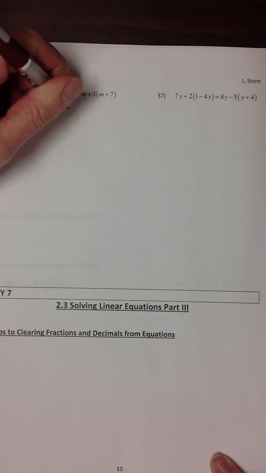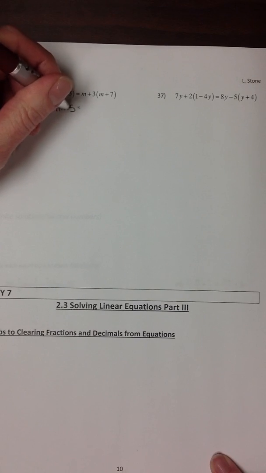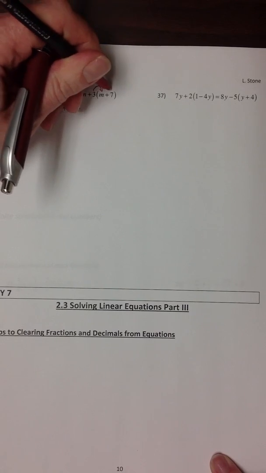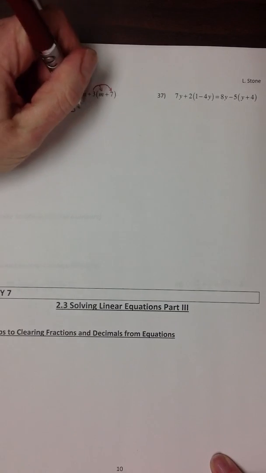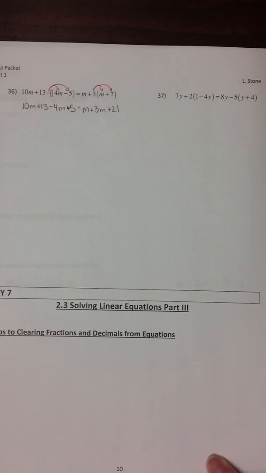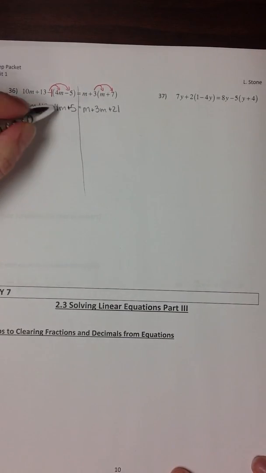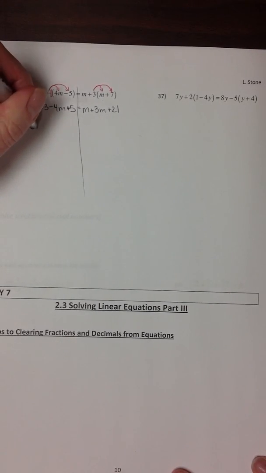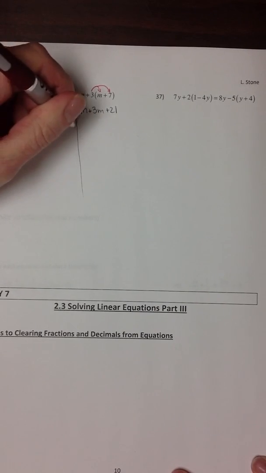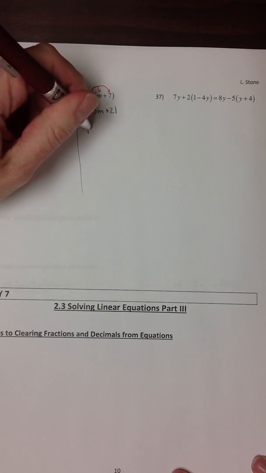4m plus 5, because the -1 times the -5 gives us a positive 5. On the right side, I'm also going to need to distribute the 3 over the m plus 7, leaving me with m plus 3m plus 21. My next step is going to be to gather like terms on each side. So 10m minus 4m leaves me with 6m, and 13 plus 5 is 18. On this right side, I have m plus 3m for a total of 4m